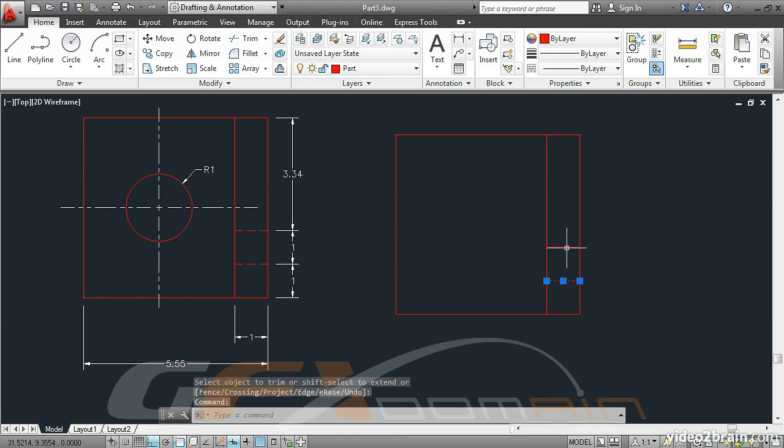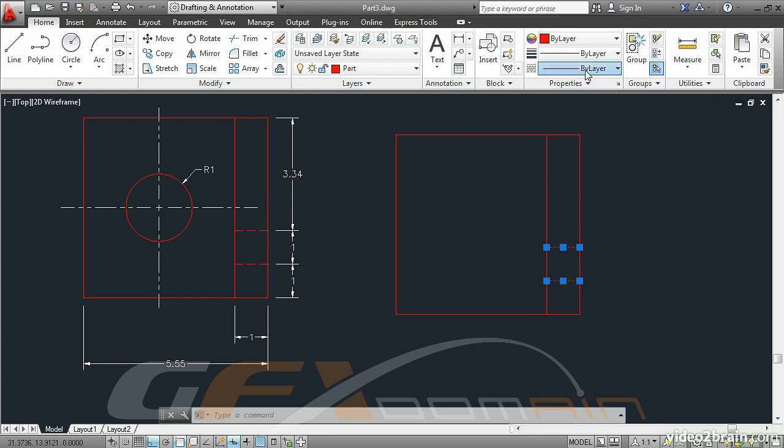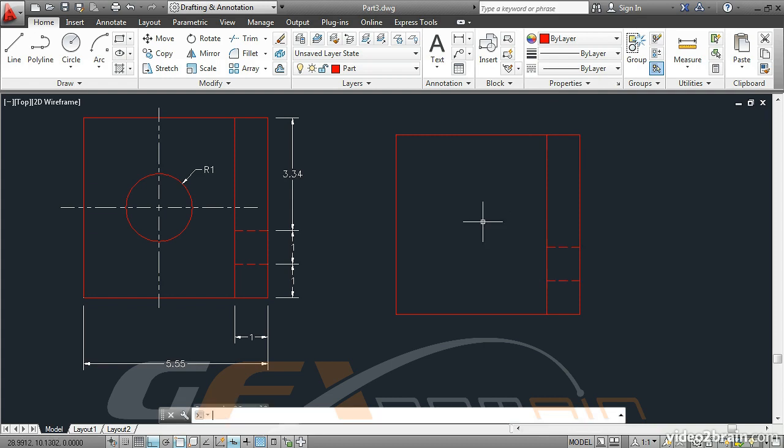Select these 2 short horizontal lines, and we need to change their line type. Go up to the Properties panel. In the Line Type drop-down, open it and select Hidden. Press Escape to deselect. Our next task is to locate the center of the circle, and for this we'll use